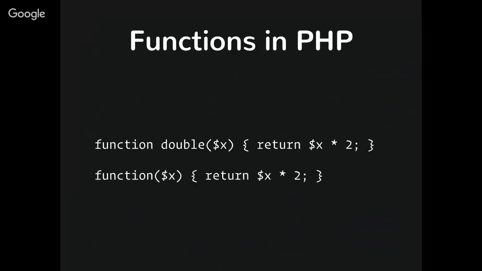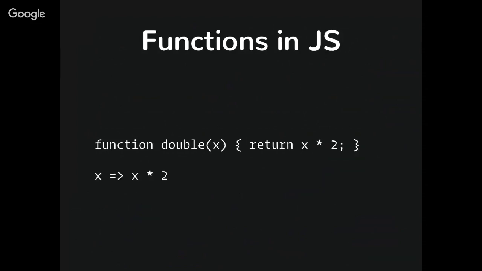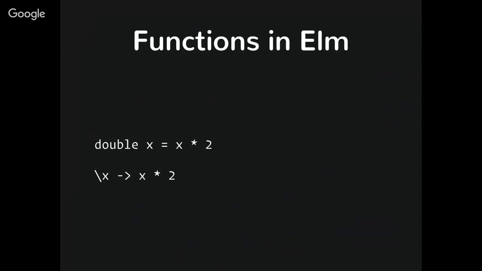If you have used PHP in the past, this is the exact same thing we saw on the last slide, but in PHP syntax. So function double x, we can give it the name double, or we can leave it nameless. I added the JavaScript slide. I will not be saving it to Keynote or it'll explode. So the JavaScript slide here: the top one is a named function, looking pretty close to PHP. The bottom one is using the new lambda syntax in ECMAScript 6, 2015, which started it. It's been available for a while now. And this is how those two things look in Elm. There's just a lot less syntax involved.